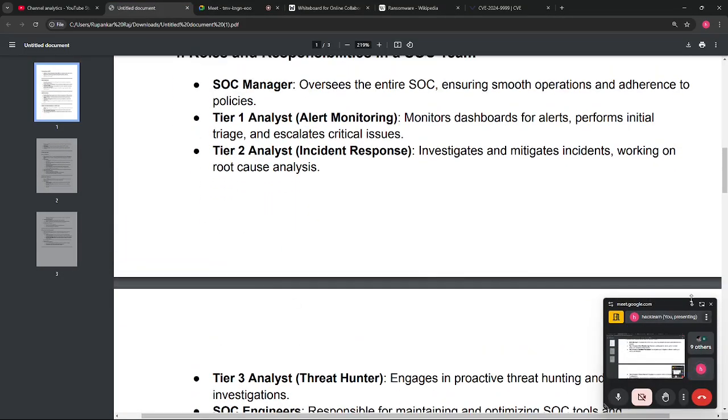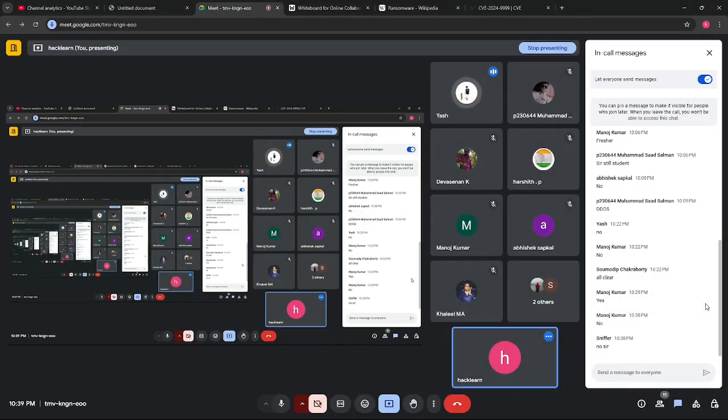I had a doubt. Yes, please ask. For forensic analysis, is there a different team in an organization or the same SOC analyst? In SOC, one person may be doing forensic analysis. Everyone should know all these things, and if you become very specific and a specialist in forensics, they might assign you the task of forensic analysis. In the beginning, whenever you are joining a SOC, at tier 1 or L1, L2, whatever role you are joining, at a basic level they will be checking all of your skills, and after that they will be giving you a specific role. So that's how it goes.